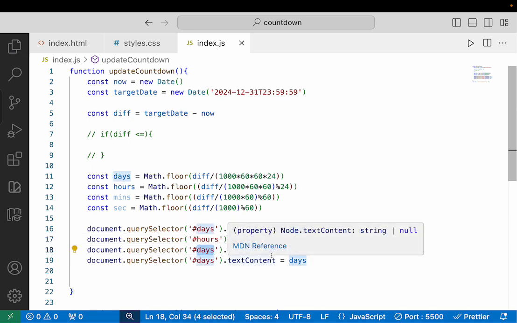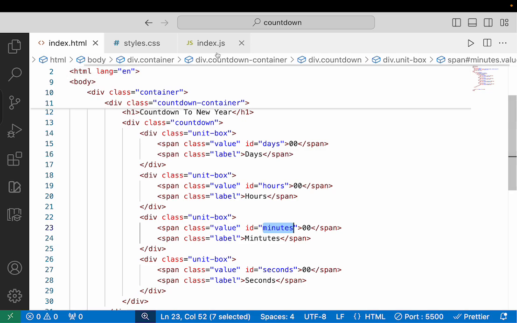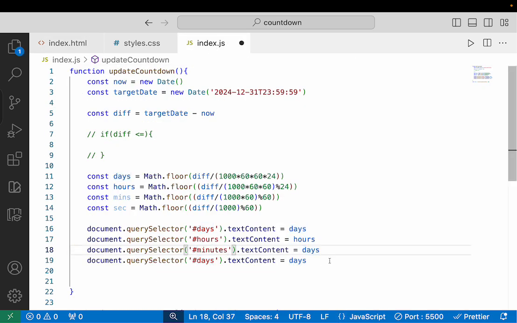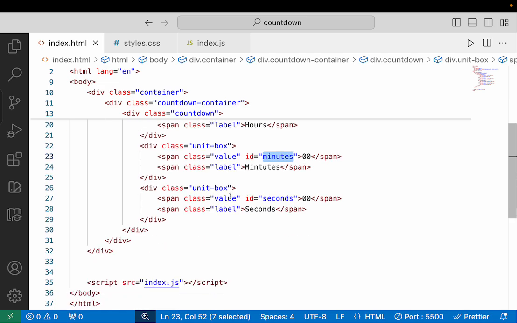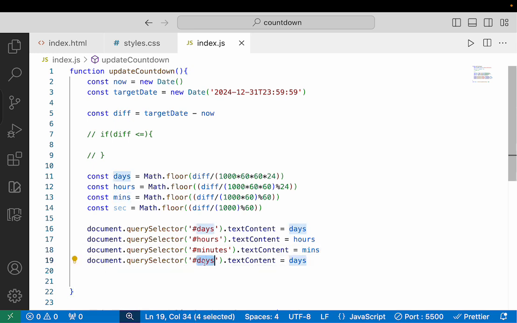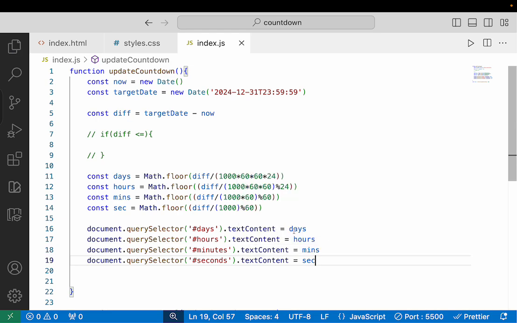This one, what did we call the ID again? We said minutes. Put that here, and then I say mins. And finally, this guy is seconds, and that's what I called it. And then I say sec, and